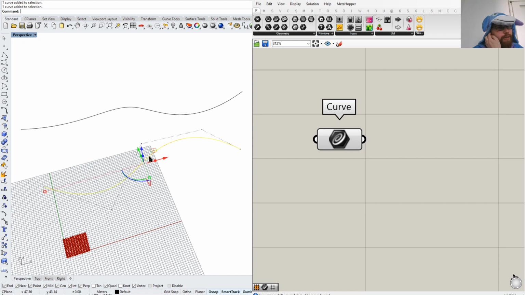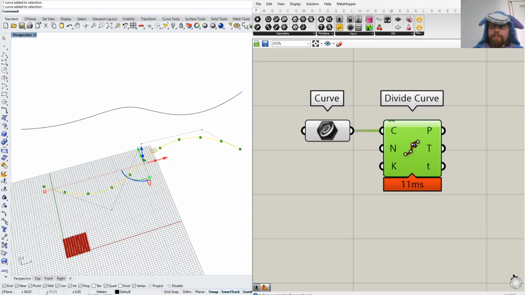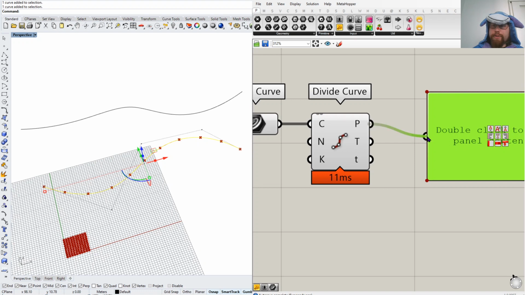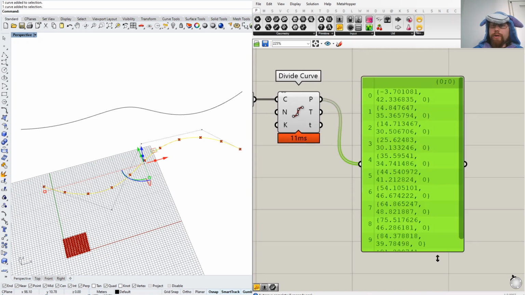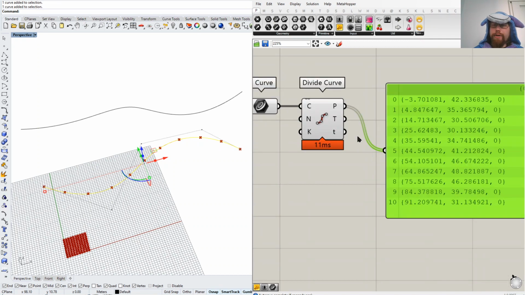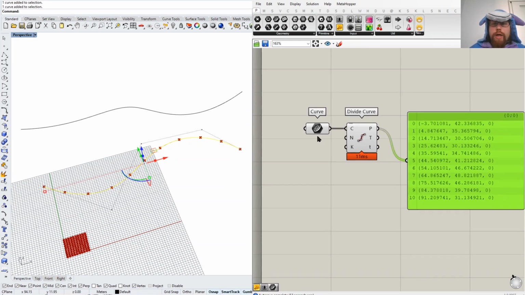So okay, I have this curve here, and if I use divide curve, I can get many points out of there. So my output is a list of points, right? So it looks like there's 10 points in there. They have different x and y coordinates. Perfect. But what happens if I create another curve